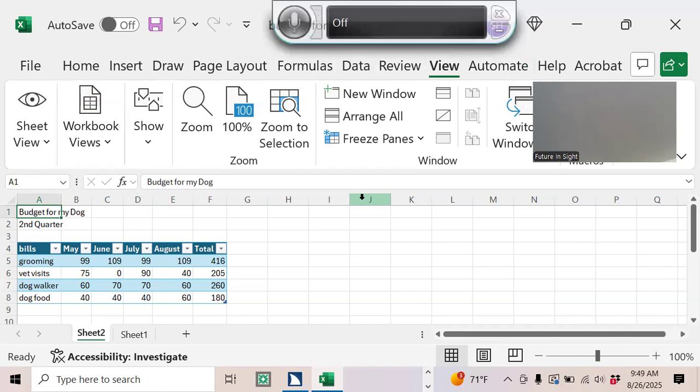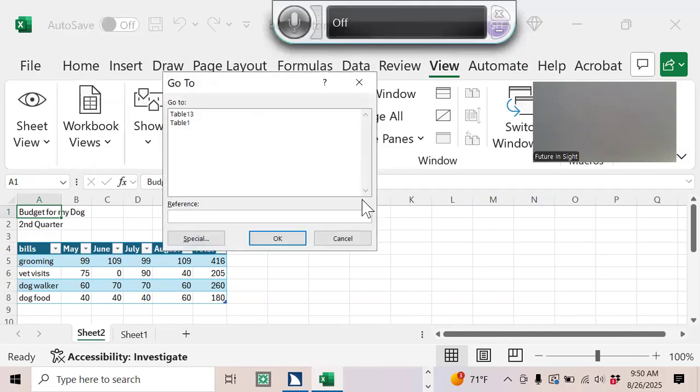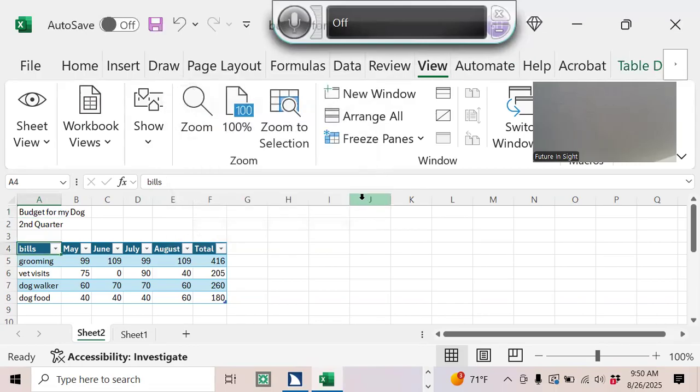You can do a Control G. Control G to go to. Think of it that way. Control G. Go to dialog. Reference. Edit combo. To set the value, use the... And I'm going to type A4, I think it was, right? A4. And press Enter. Bills. A4. Okay, and it said bills. All right. Grooming. A5. So you can quickly get to something if you commonly work with a spreadsheet and you